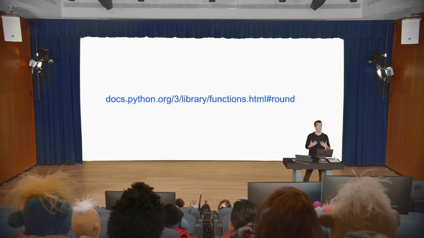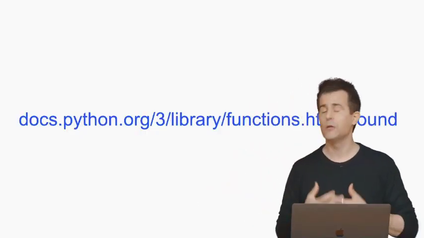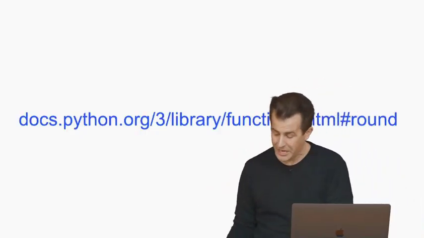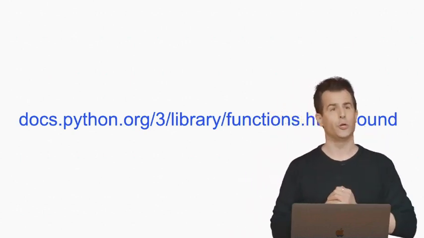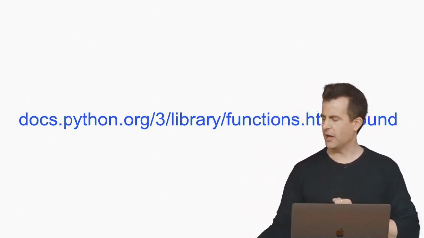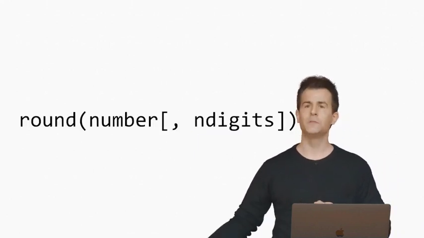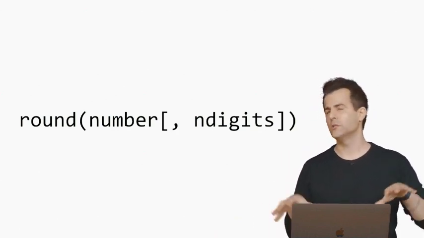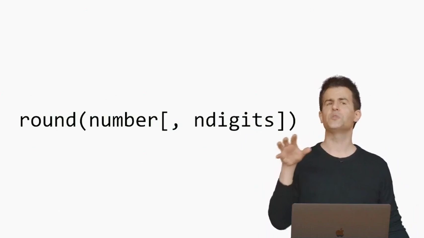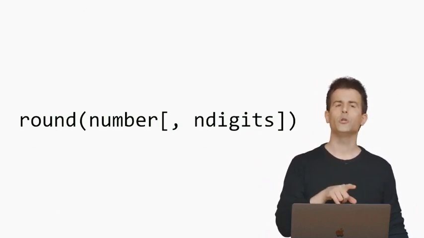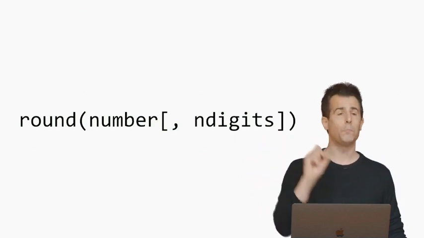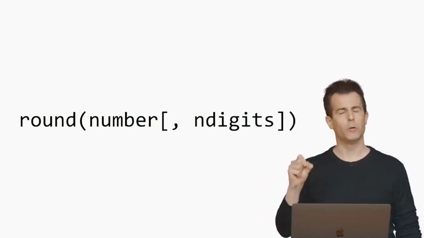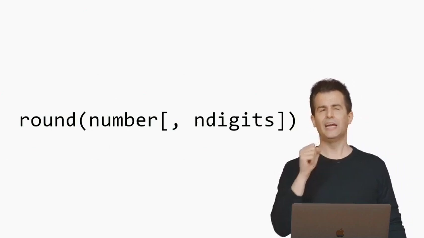And in fact, if we return to this URL from earlier, wherein all of the Python built-in functions are listed, there's one called round, which does exactly as we would expect. It takes as input a number and then rounds it for us, for instance, to the nearest integer. But if we look a little closer at that documentation, as we can here, I'll provide an excerpt. This is what the function looks like in the documentation. And recall that earlier we looked at the documentation for print, and this is similar in spirit, that this shows us not just the name of the function, but its available parameters. That is, inputs that we can provide when using this function. But this is a little cryptic too, just like print was, and it adds some syntax.